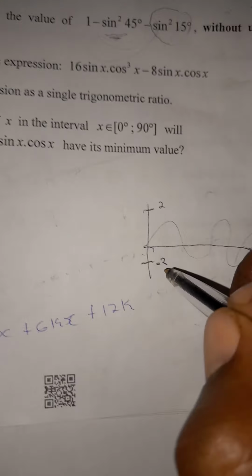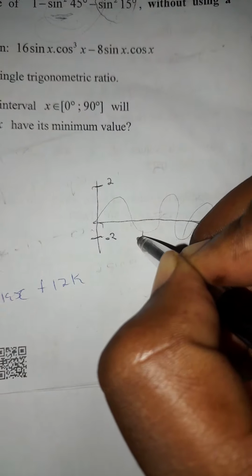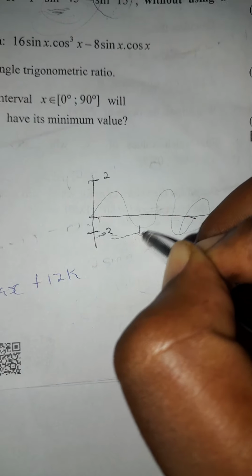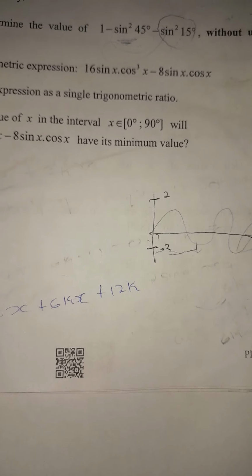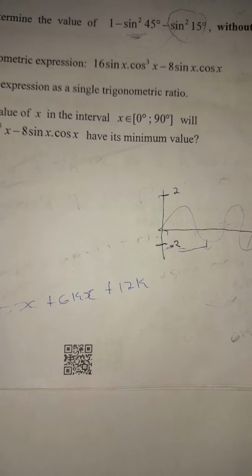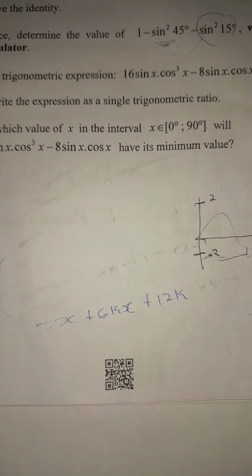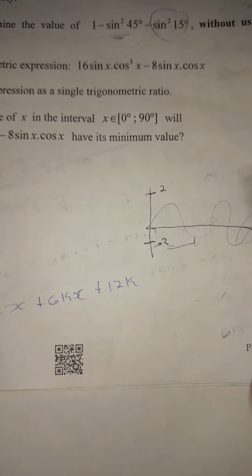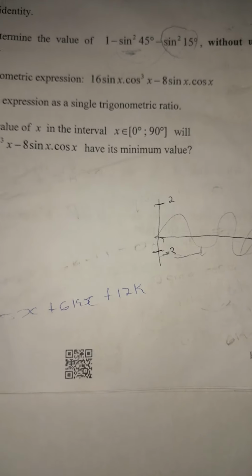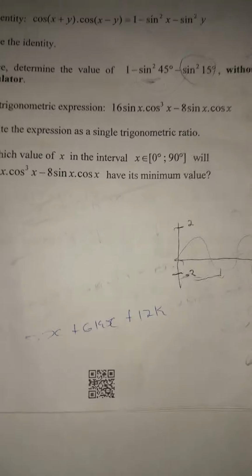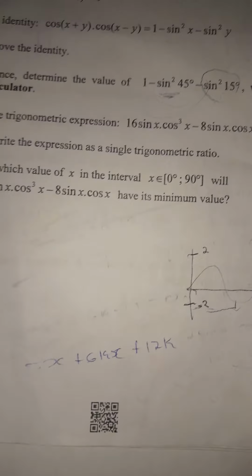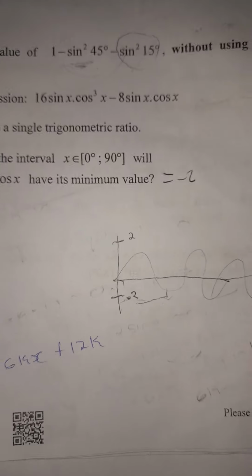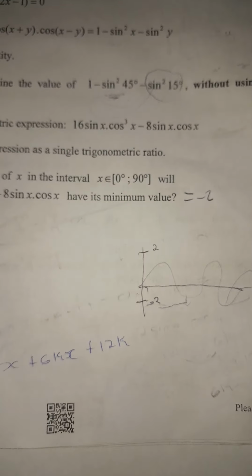So they're looking for the minimum value. The minimum value will be -2 in this case. Remember, this is max and this is min. So yeah, you can also think of other ways that you would use to get the minimum value. But in this case, using the graph we could see. When you answer this question, you must answer it graphically. So in this case, how many marks is that? That's 1 mark. So yes, the minimum value will be -2 in this case. Or you can use other alternatives so that you work out